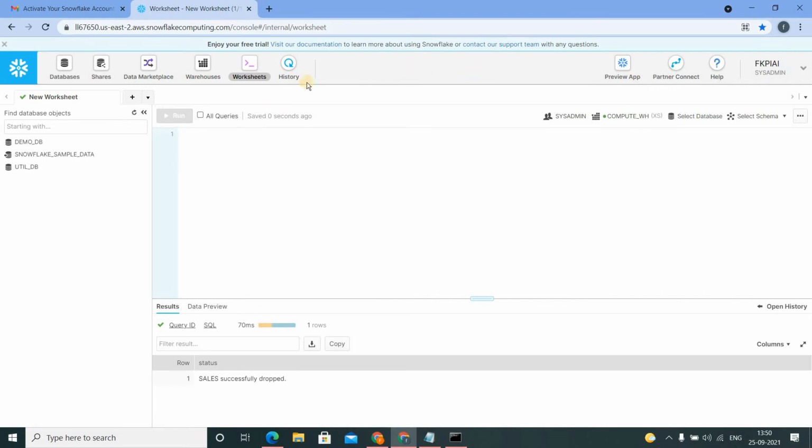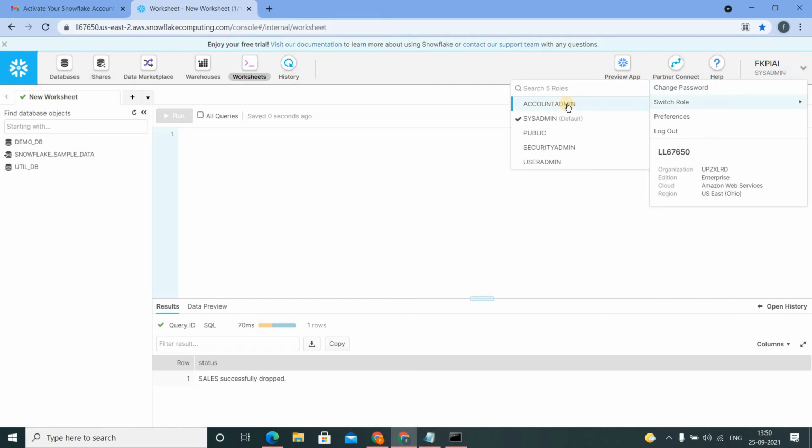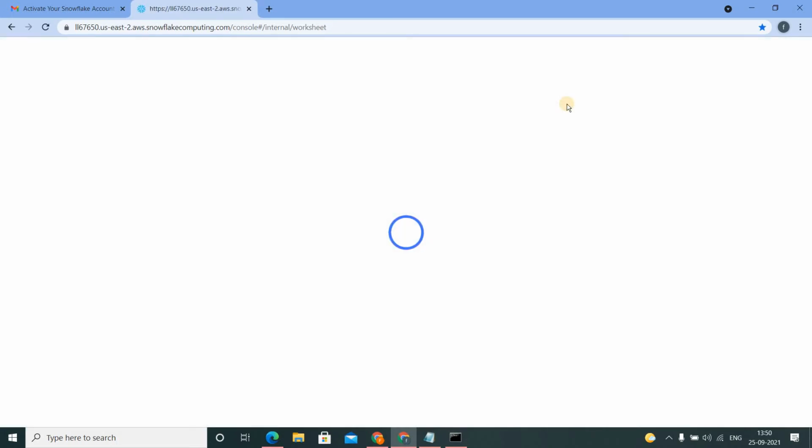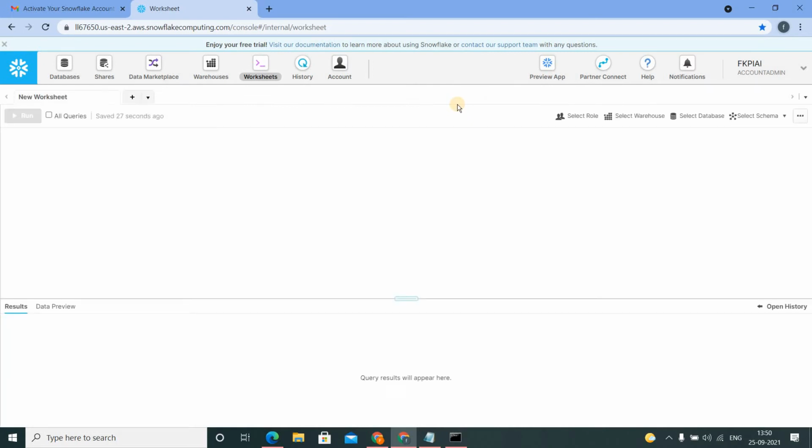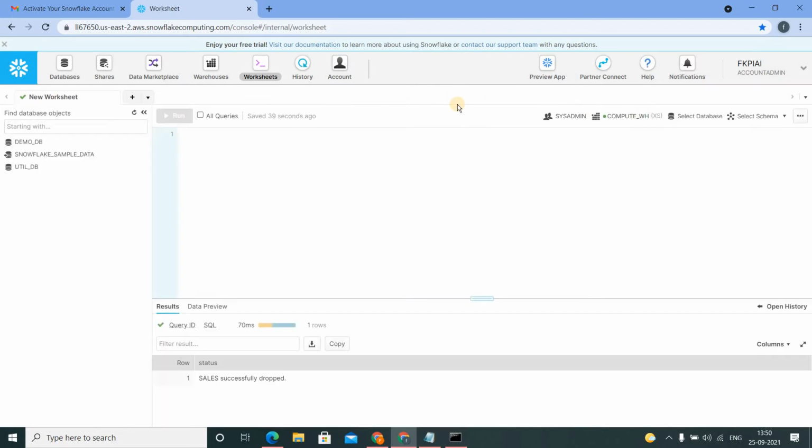For the first time, when the web interface is opened, at the right top corner you will see your username and the role called sysadmin. Switch to account admin because it's a super role. So when you are practicing on Snowflake, you will not get any issues with the rights, at least until you cover the user management chapter.